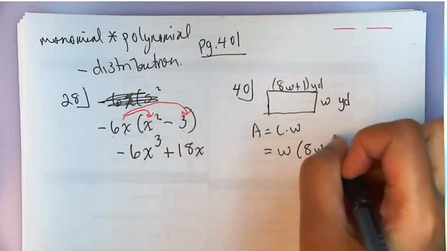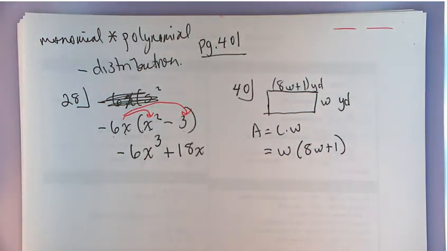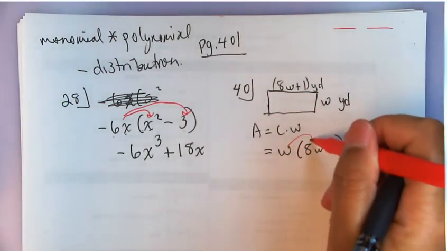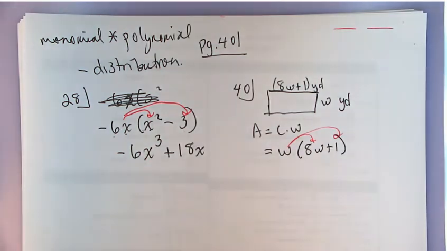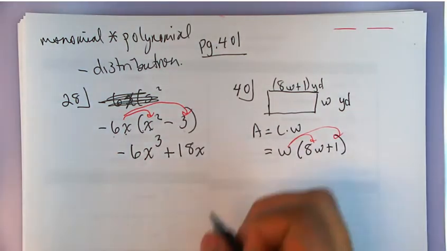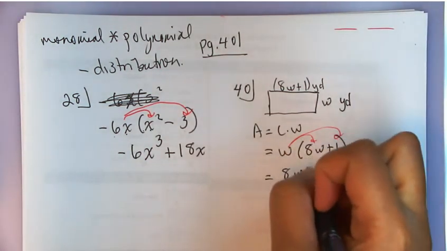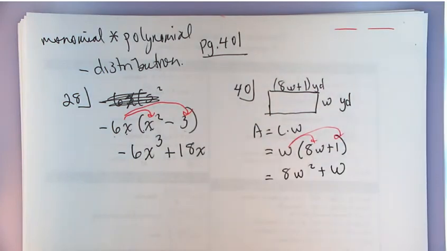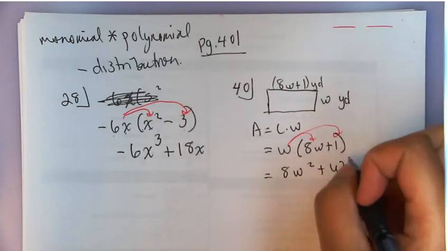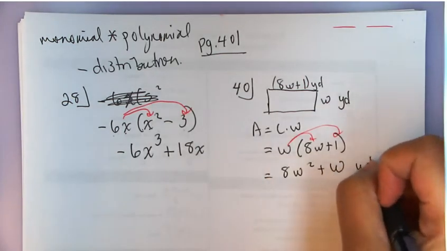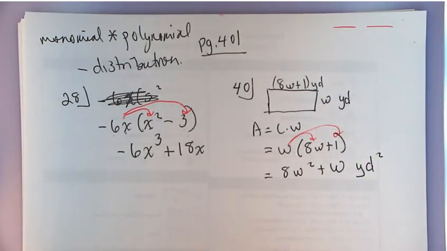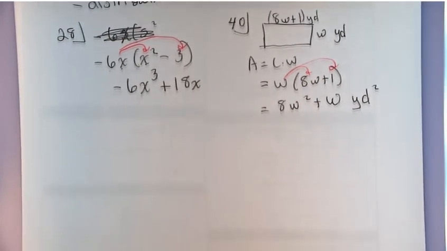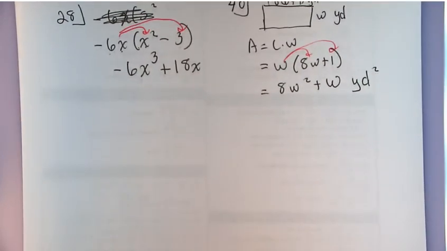Well, remember, we got to distribute. Same math. Math doesn't change. Distribute. And we end up with 8W squared plus W as our product. And our units is square yards or yards squared. All right. So that is how to multiply a monomial times a monomial. Let's do a binomial